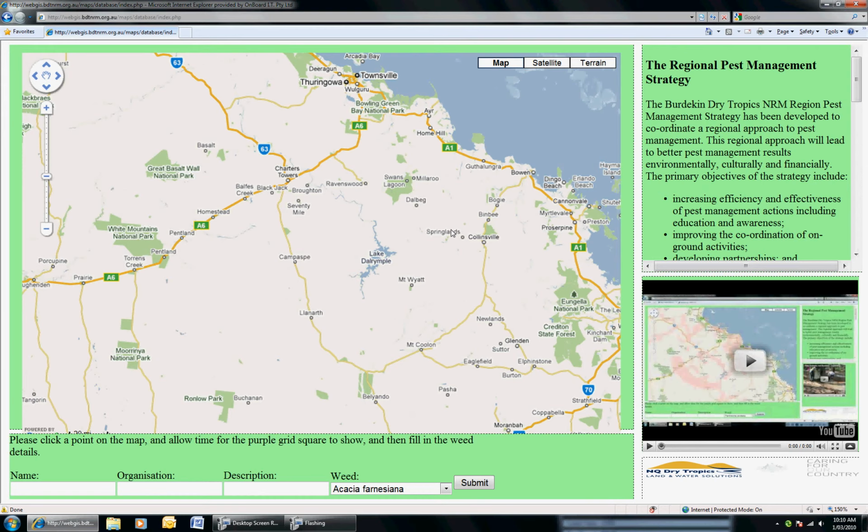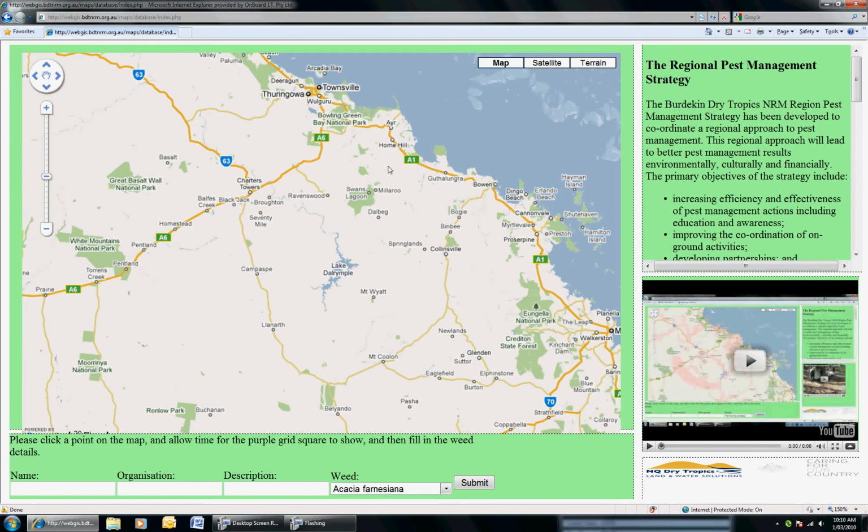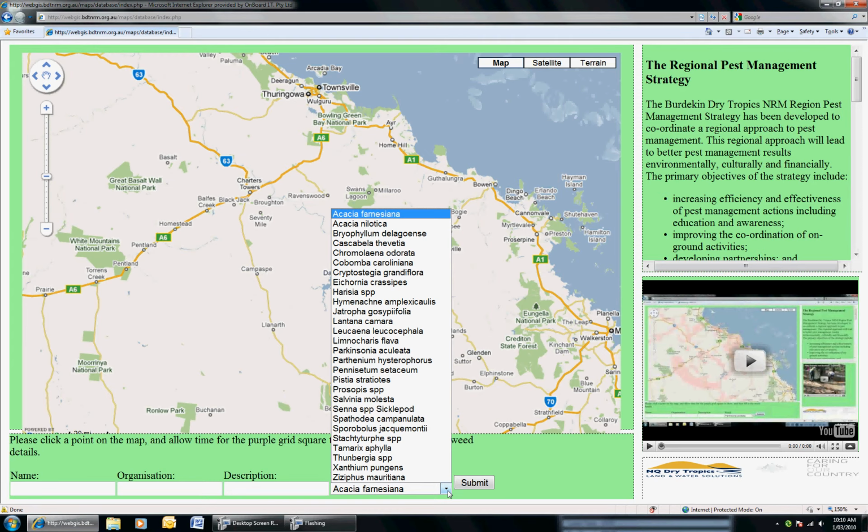So to view some weed data in this area, we just roughly approximate where we're interested in, and at the bottom here there's the weed drop down box, and from the weed drop down box we've got approximately a number of weeds that we're interested in, and these are usually related to the weeds of national significance. So to choose a weed, in this case we'll choose Parkinsonia,